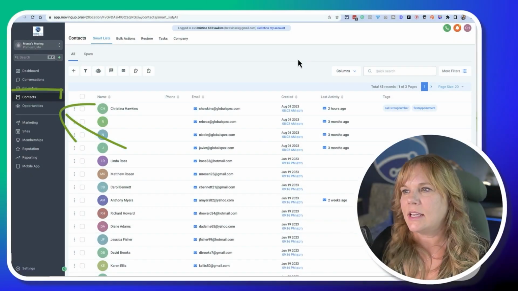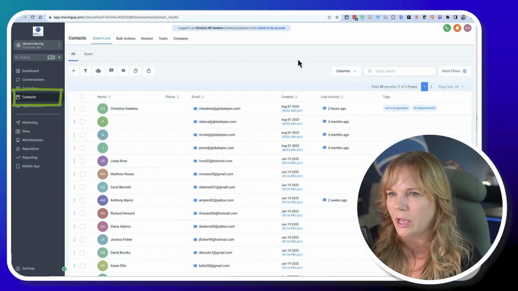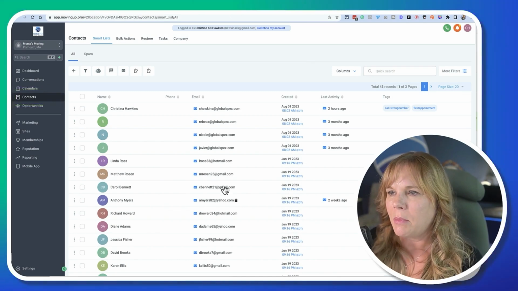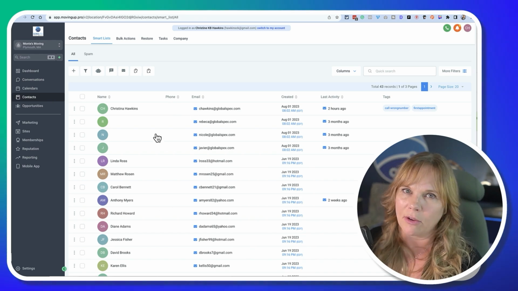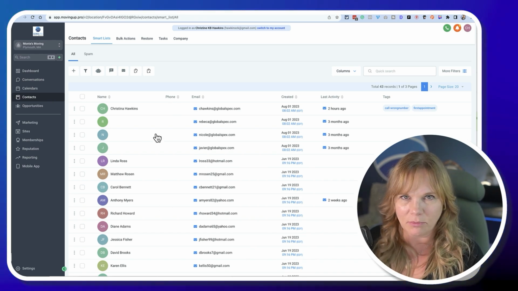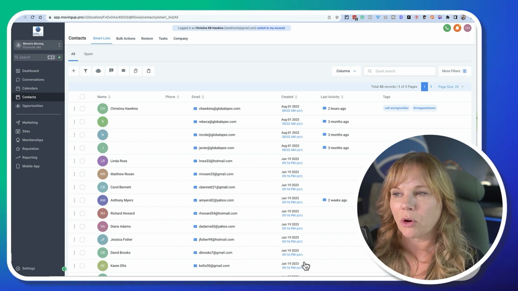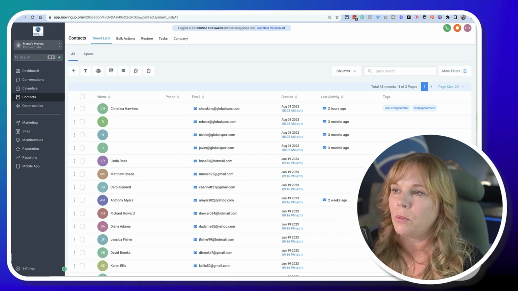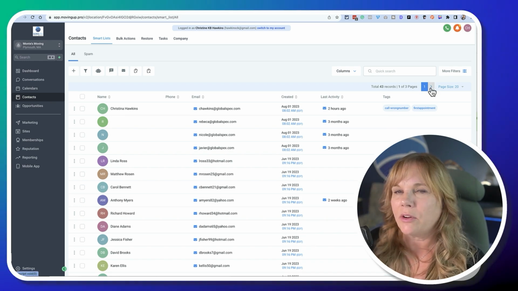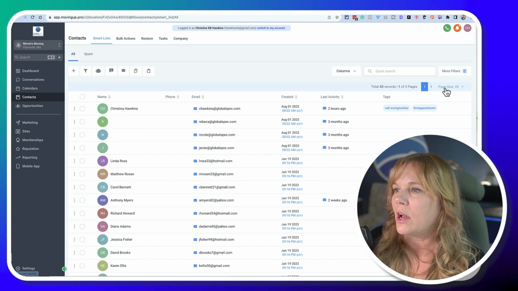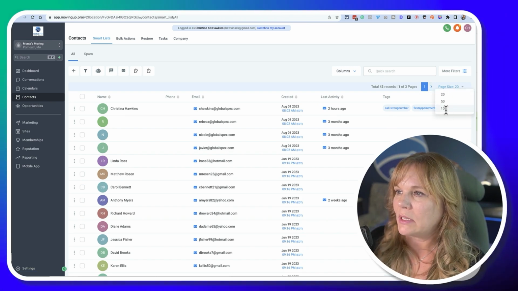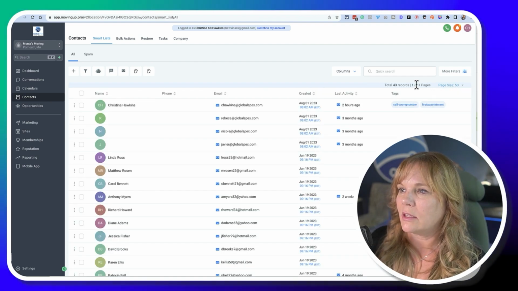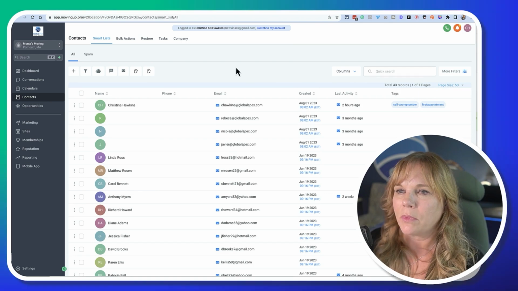This is the overall dashboard that you'll see when you come into all the contacts. We have the name, email, and you should have a phone number. These are all fake emails. I just randomly added these. Then the date they were created, the last activity, and any tags that you might have associated with them. At the top is where your navigation is to go through these. You can change the page size, and if you've only got 50, you can click on to the next page.